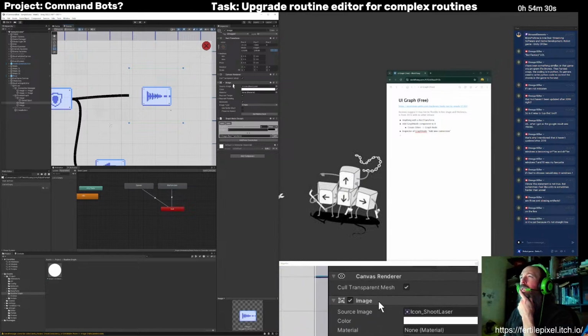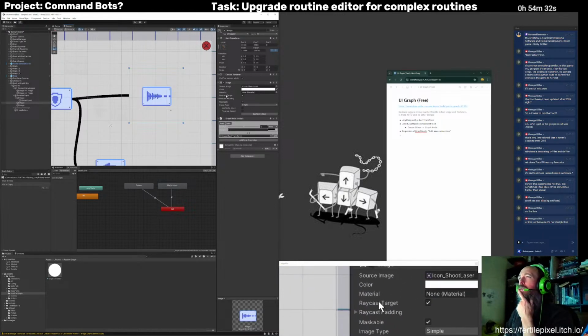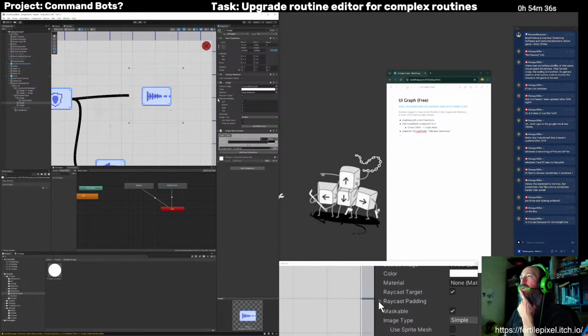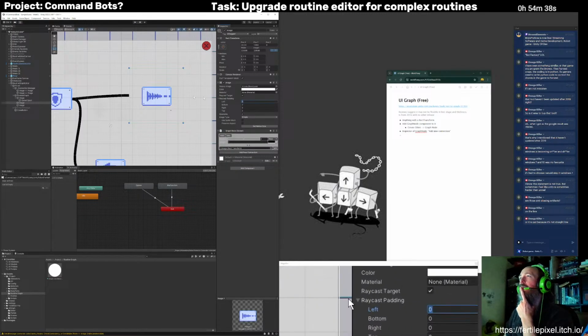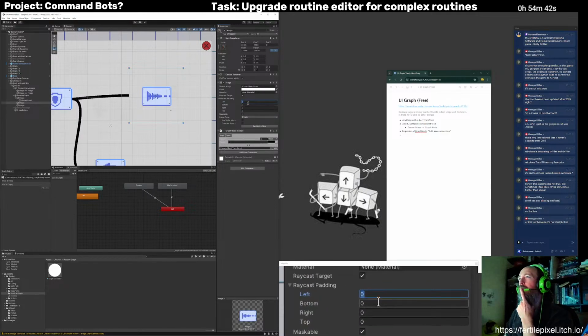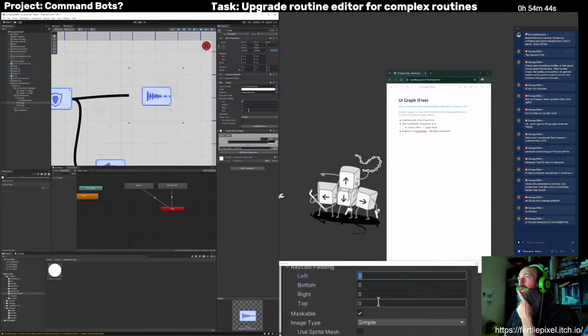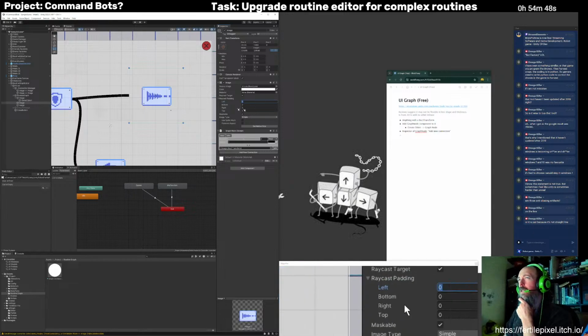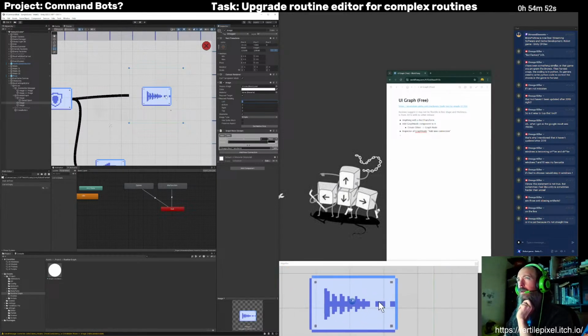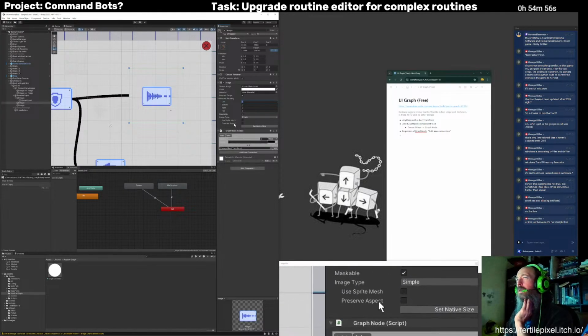See, I'm not sure with the image. Can you do raycast padding so that it will or won't get a raycast hit when something's not on that bit of it, but